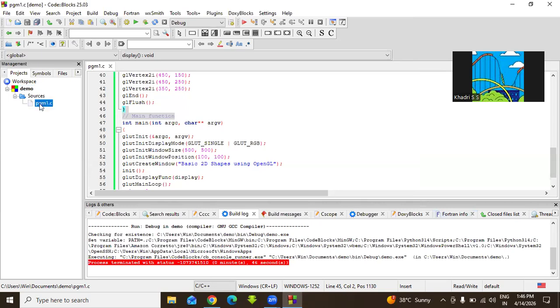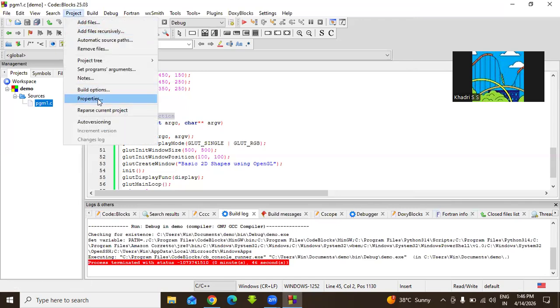After opening this, check whether this pgm1 is present or not. Many people are getting the error that they have this program, but while compiling they are not able to run it. The main problem is to check whether this project is available in the properties or not,